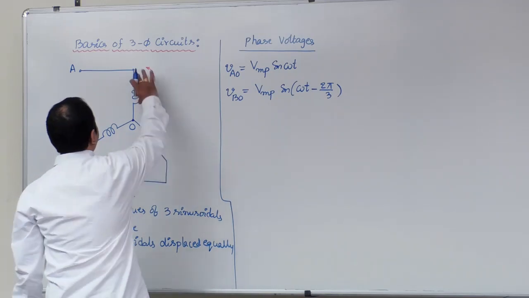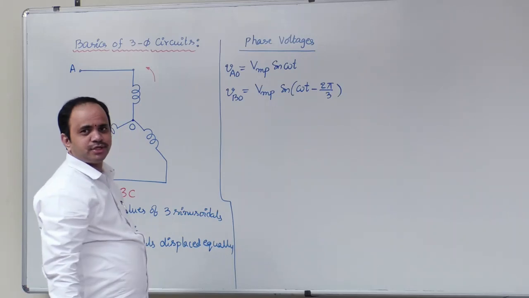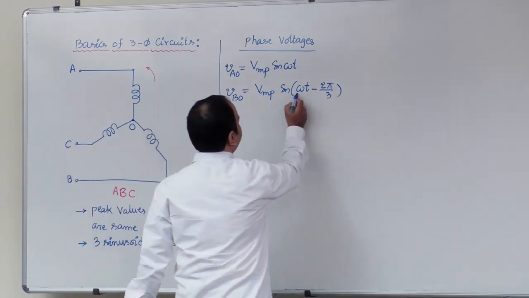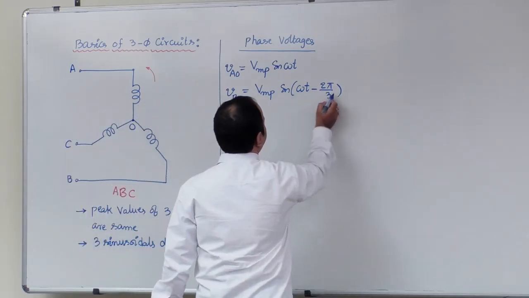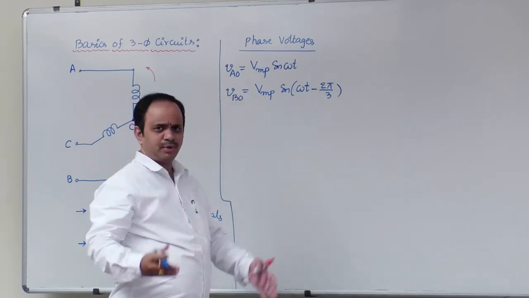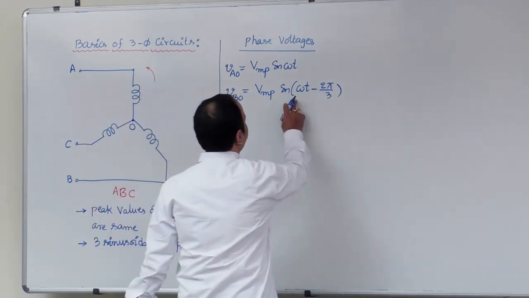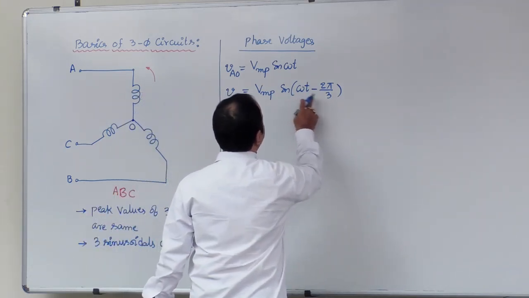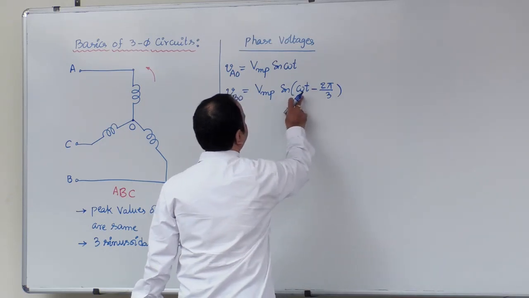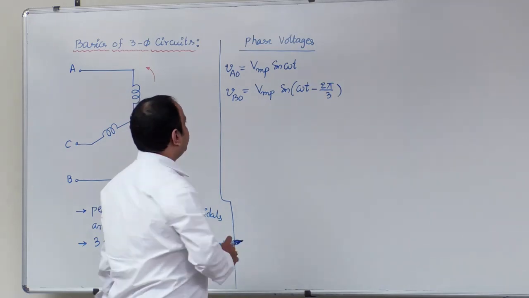Now phase B is displaced from phase A by 120 degrees, that is a lagging nature, and omega t is in radian, hence you have to substitute the angle also in radian. Of course, people used to say 120 degree, but at least while writing the equation, follow that omega t units are in radian, hence it is good practice to write the angle in radian only. Next,